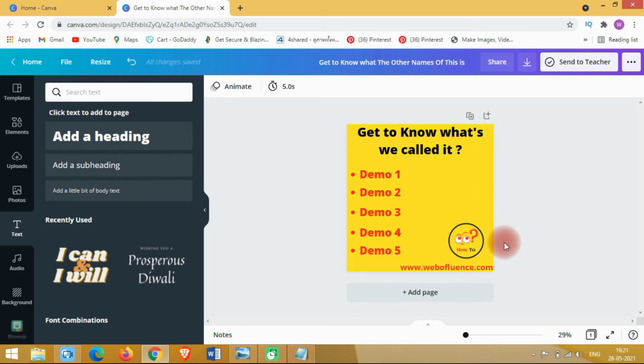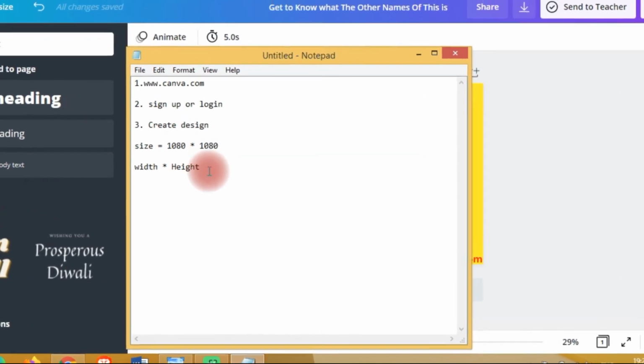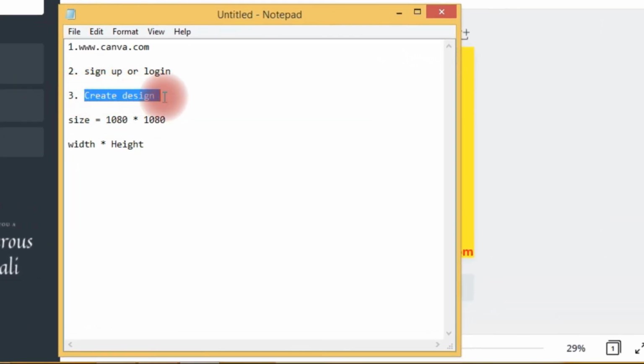So we have created one canvas. Firstly, we created the canvas by clicking create design and custom design. We are going for 1080 by 1080.